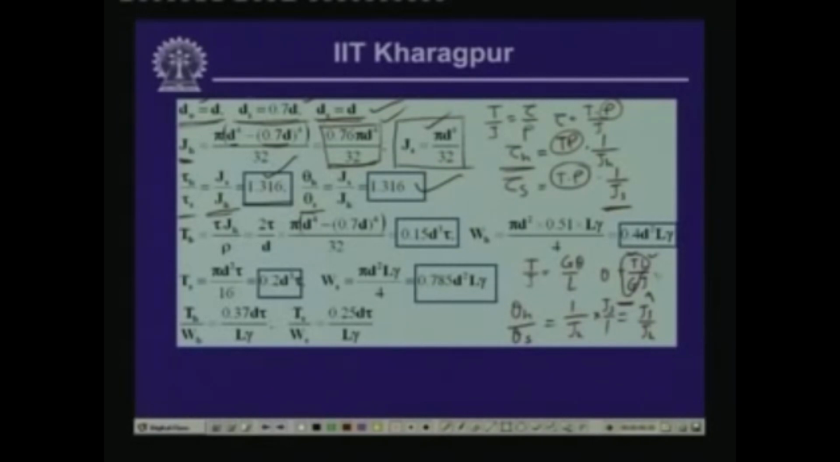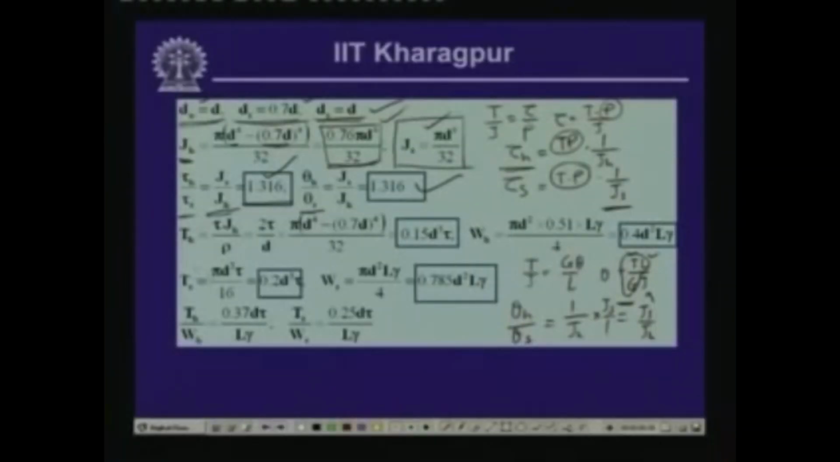So, both the ratios of the shear stress as well as the angle of twist depend on the polar moment of inertia of the shaft, and the value corresponding to that is 1.316 in both the cases, because both shear stress and the angle of twist depend on the ratio of the polar moment of inertia. Now, we will have to compute the strength to weight ratio. So, we can compute the twisting moment that can be resisted by the hollow section and the twisting moment that can be resisted by the